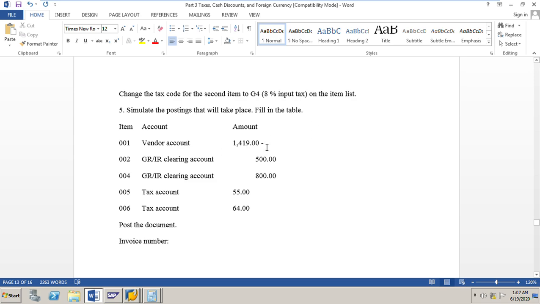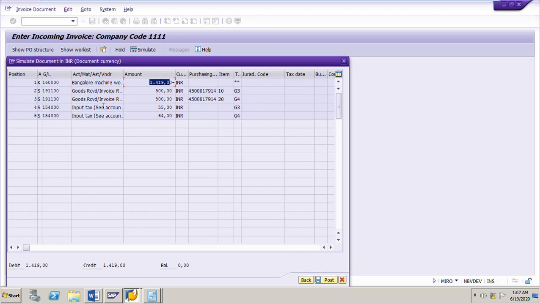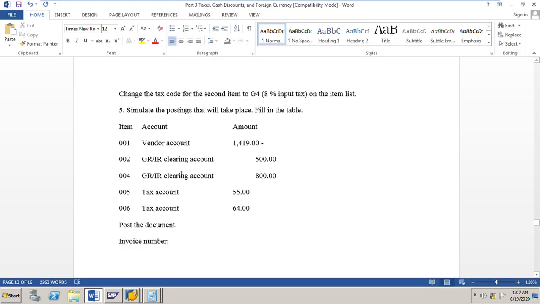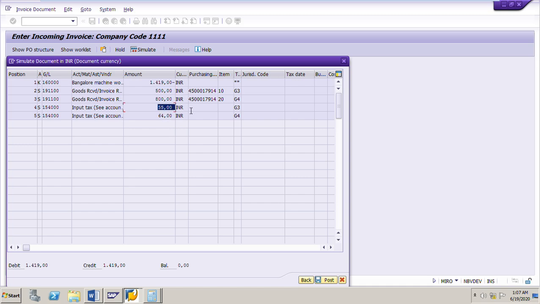Vendor account 1419 minus. Then GR/IR for the first line item is 500 INR, and for the second line item it is 800. Then the tax for the first line item is 55, 11% of 500. Input tax. Then tax for the second line item is 8% of 800, which is 64 rupees.